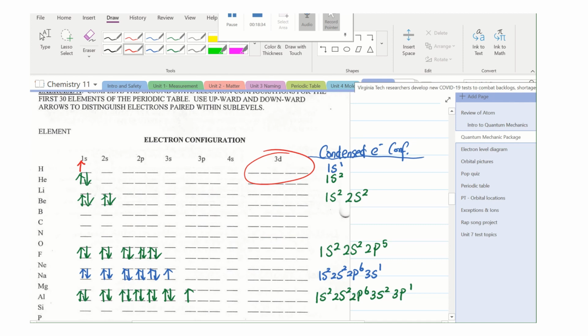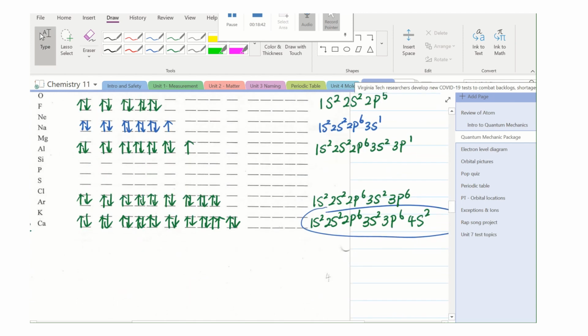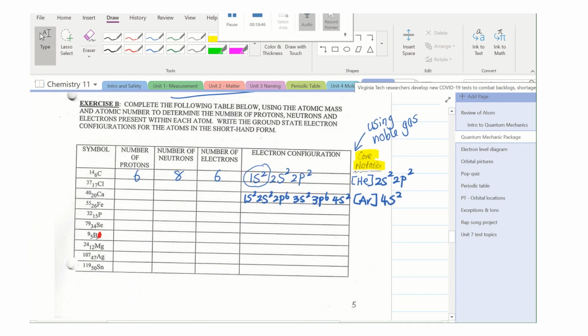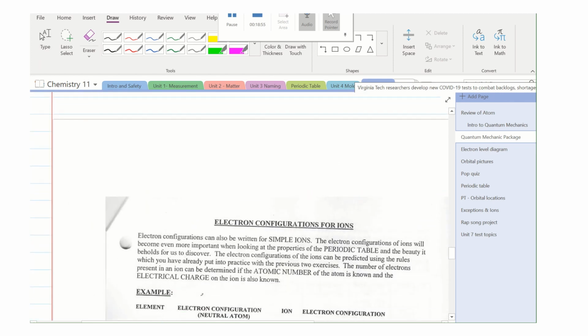You will see those terminologies in the Hamptons textbook as well. So if you want more exercise, go to the Hamptons. I don't think there are a lot of exercises over there, but like I said, if you can do these ones, you should be able to do any of them. Okay, so we'll stop here. We'll go over the answer keys next day, and then next class we'll start talking about electron configuration for ions.